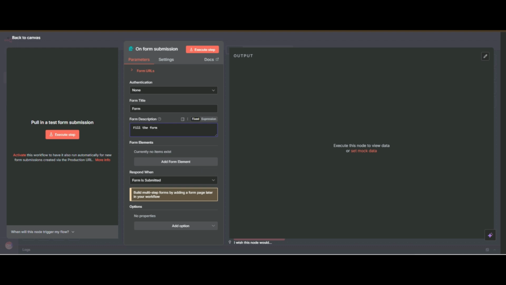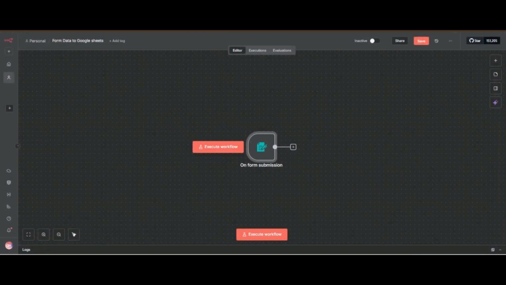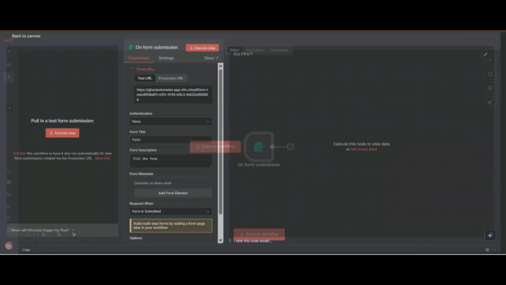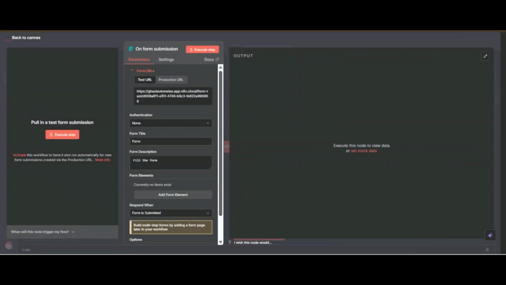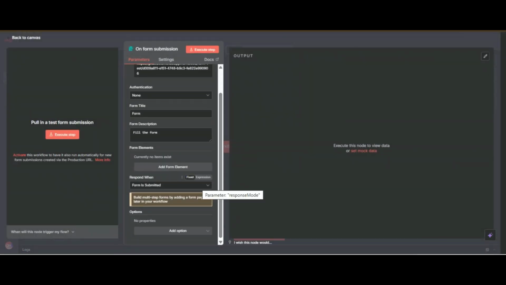And now you have to add elements. Now you have given the form title and description. Now you have to add the details or options that you want the user to fill. And you can see add form element.